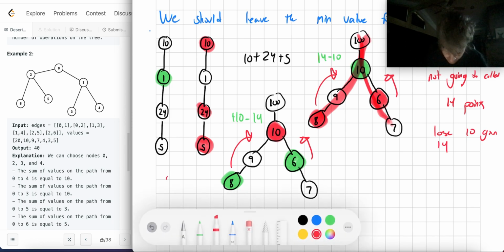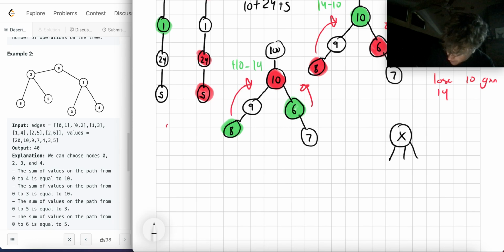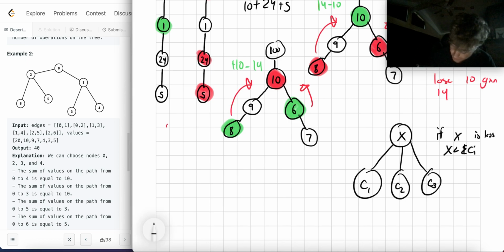So in a more general case, what this basically means is, for any node x, it's going to have a series of children. I have no idea how many children. Let's just say generally it has these 3 or more children. We have children 1, children 2, and children 3. And the children are also x's too, so they could be expanding out too, right? If the value of x, let's just say x is the value, is less than the sum of all my children,